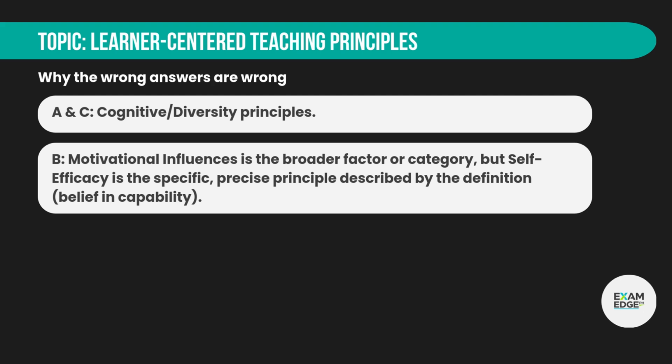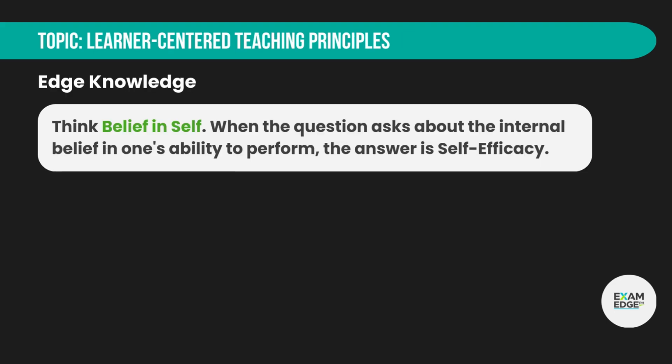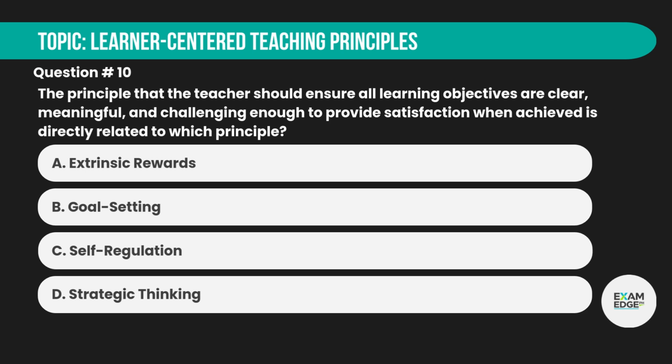A and C. Cognitive diversity principles. B. Motivational influences is the broader factor or category, but self-efficacy is the specific, precise principle described by the definition, belief in capability. Edge knowledge. Think belief in self. When the question asks about the internal belief in one's ability to perform, the answer is self-efficacy. Question number 10. The principle that the teacher should ensure all learning objectives are clear, meaningful, and challenging enough